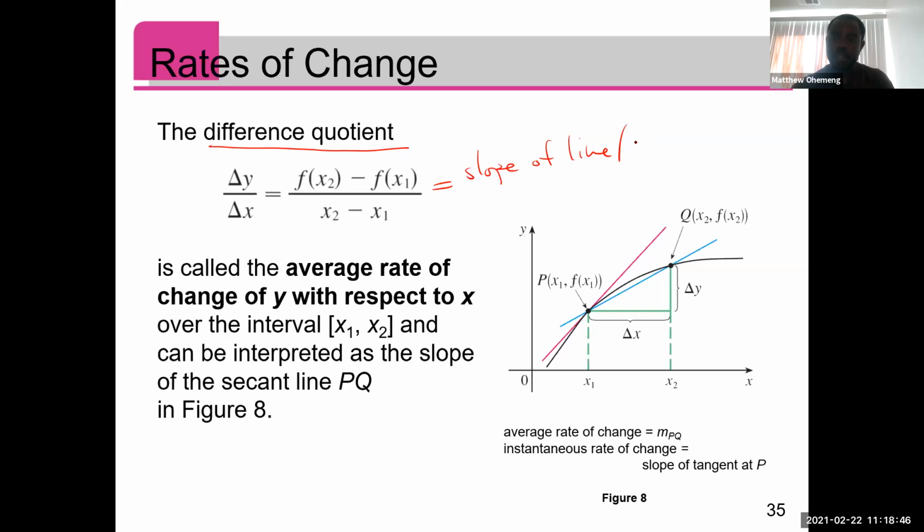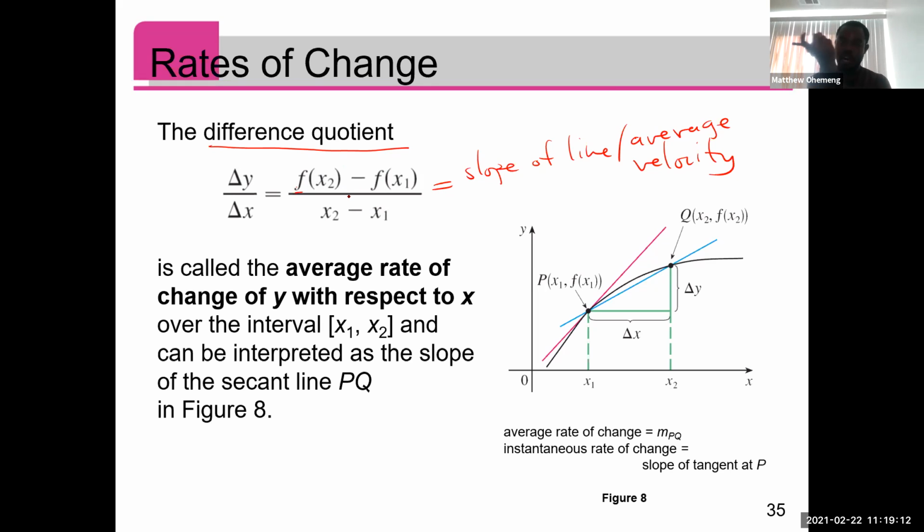It's also close to what? What do you call it? Average velocity. Do you see? If f is a position function, then this is just the average velocity formula. If f is the equation of a curve, this is just what? The slope of a line. So this difference quotient is a more general definition of something of this nature,